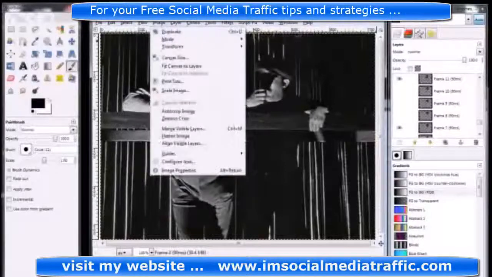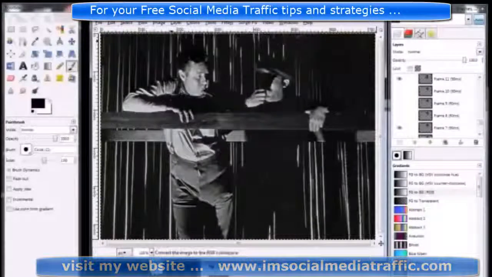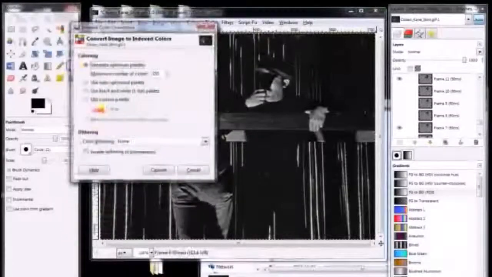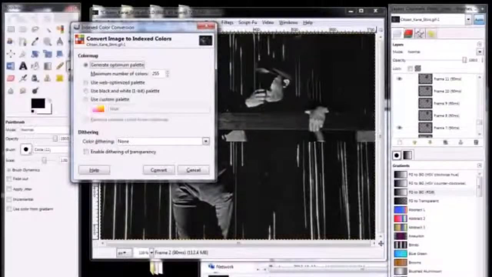But when you go into indexed, something that you need to do is know that GIFs can only do 256 colors. We do 255 because one of them is reserved for transparent. In order to make sure that this works okay, if you do this, it'll kind of posterize everything, and it's going to create 256 colors across the entire set of images. So you may want to go through and do some removing of colors. You may want to edit every single one of the frames to